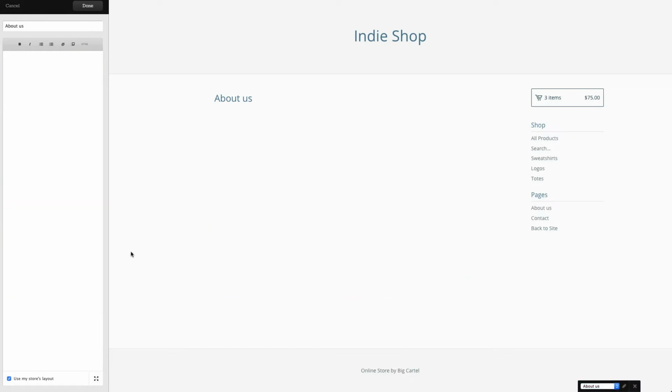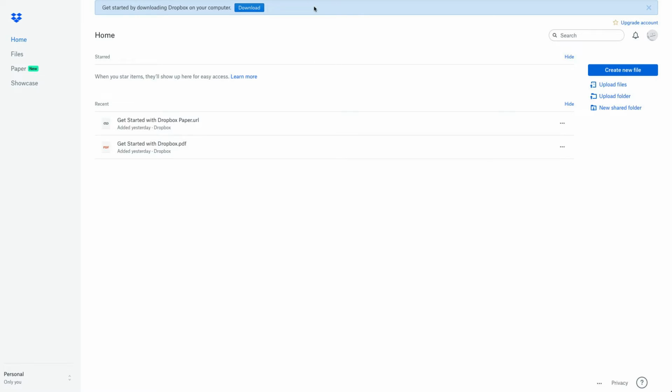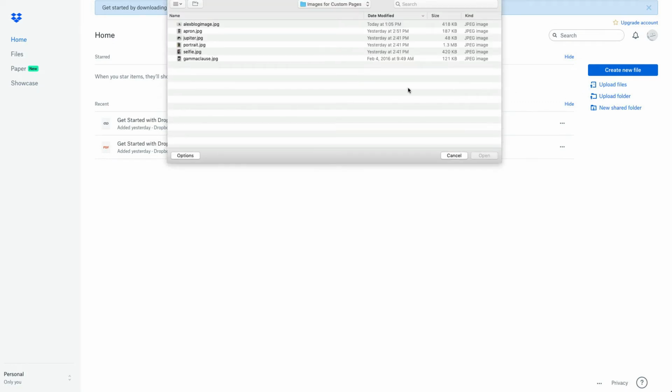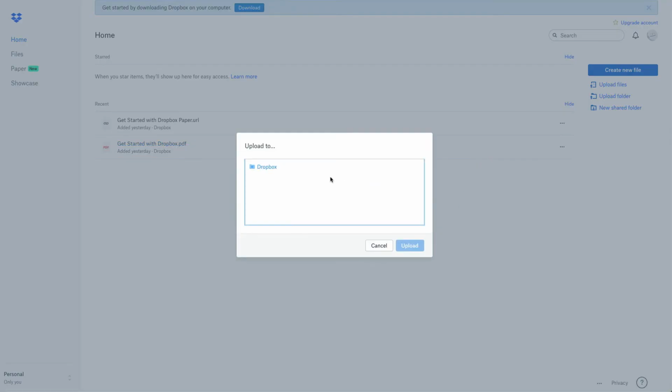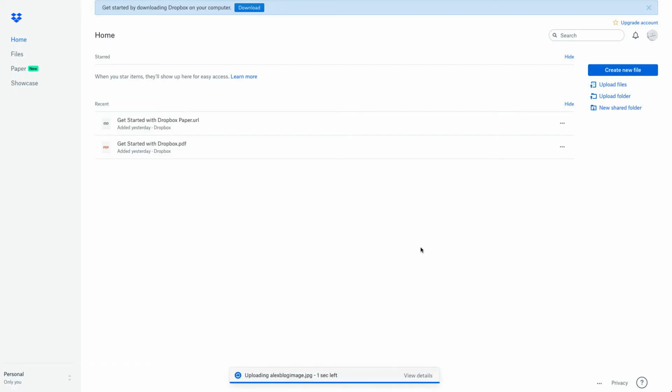For my next example, I'm going to show you how to add an image using Dropbox. So I've logged into the Dropbox site. There are apps and everything you can use as well, but this is just easy for a quick little example. So I can go to Upload Files, and maybe I'm going to use the blog image that Big Cartel used for me. So I grab my blog image, open, add it to my folder, and there we go. That's going to show up in recent, but it's also going to show up in the